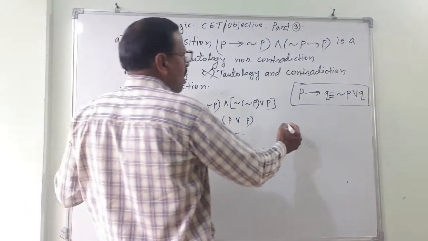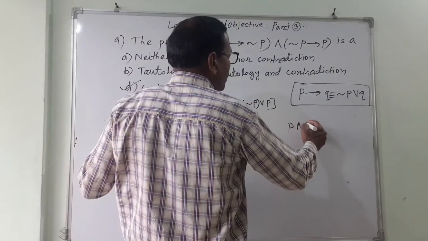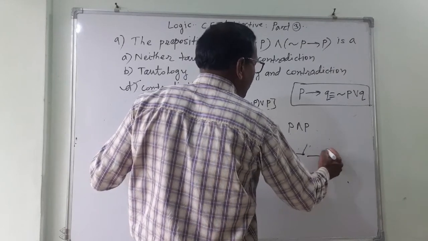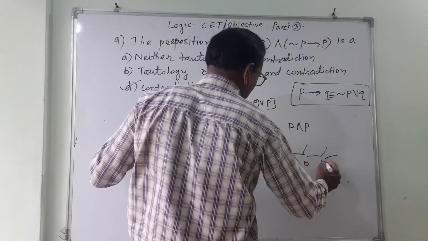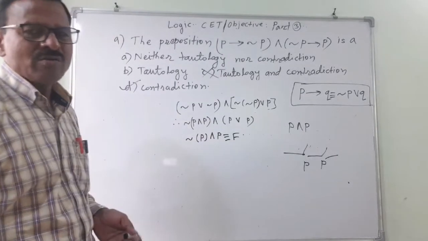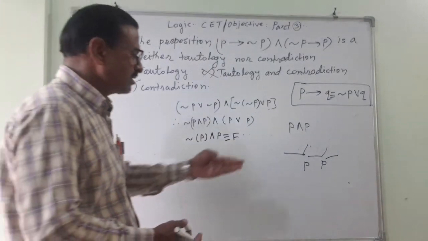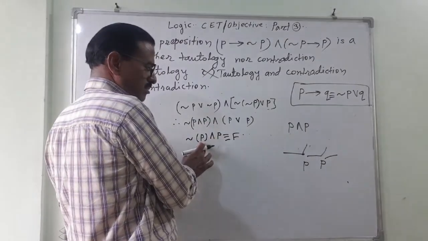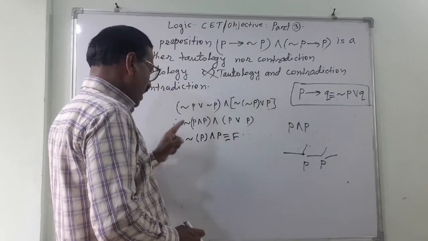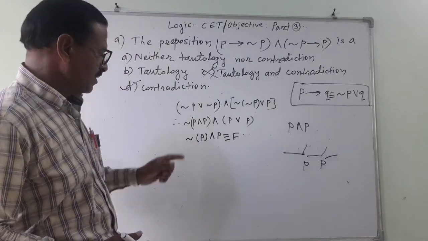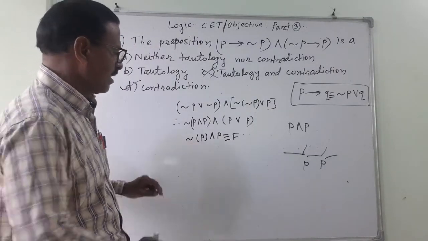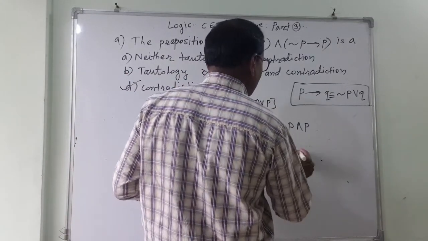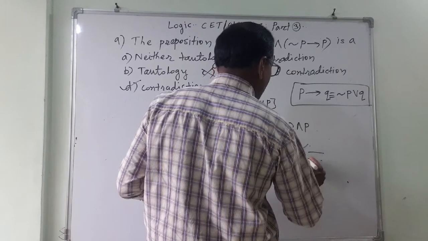P and P is what? Means I am putting this P switch in series with the P switch. Why have we wasted the money? It is better to have a single switch P. So P and P is nothing but P. And here it is negative, means negation of P. And P or P, again the same thing. This is P, this is P.